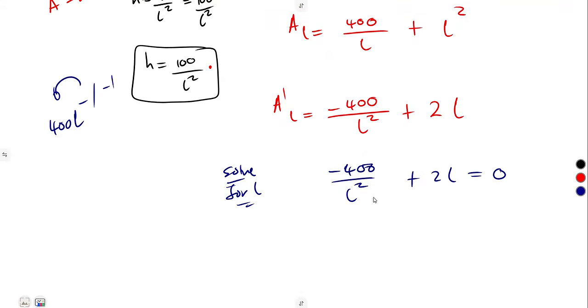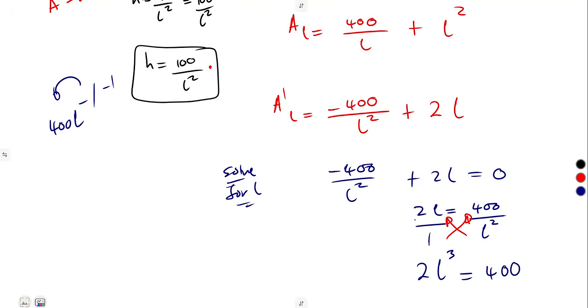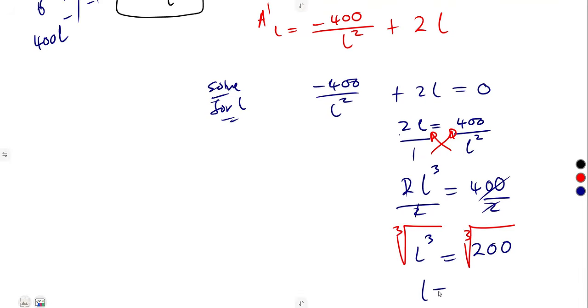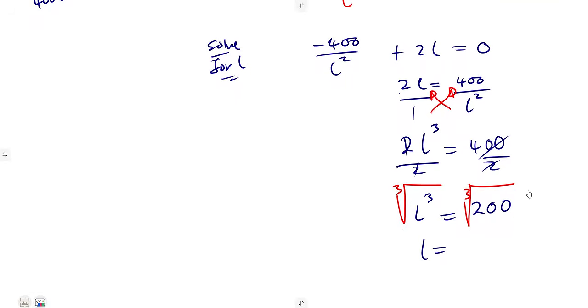Let us solve. We can even just take this one to the other side. It becomes a positive. So 2L is equal to 400 over L squared over 1. You can cross multiply this and that. 2L times L squared, 2L cubed is equal to 400. So to find L, simply divide by 2 by 2. So L cubed is equal to what? 200. And to find L, that's the cube root of what? The cube root of 200 that we need, which is going to give us, to 3 decimal places,